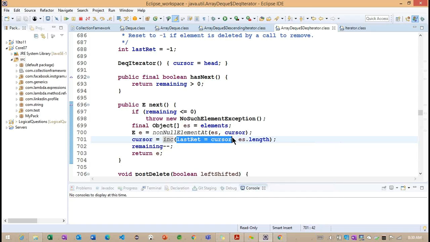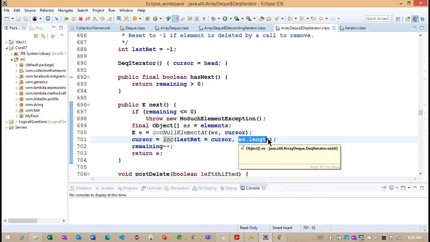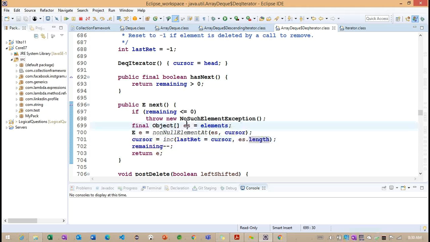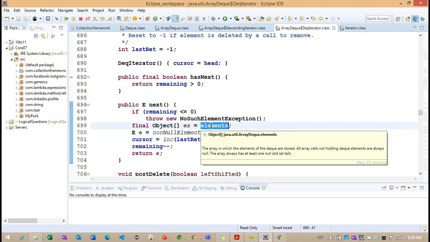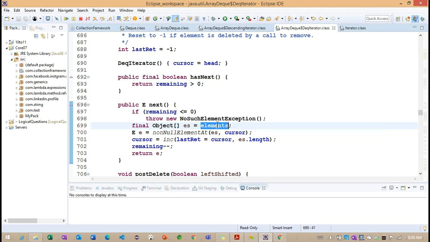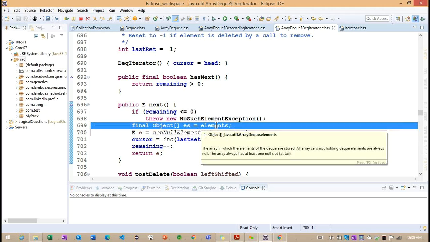Based on these values, lastRet is equal to cursor, and es.length. The es is coming from the object array elements. These elements, whatever objects we store in an ArrayDQ, will be stored in this variable called elements.